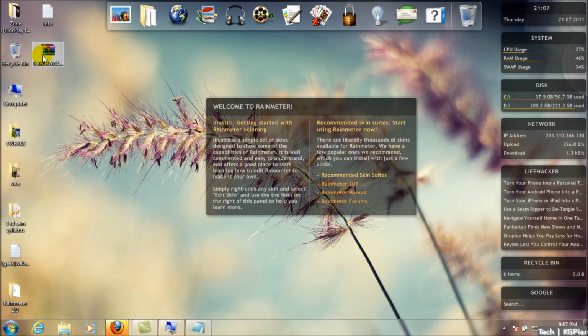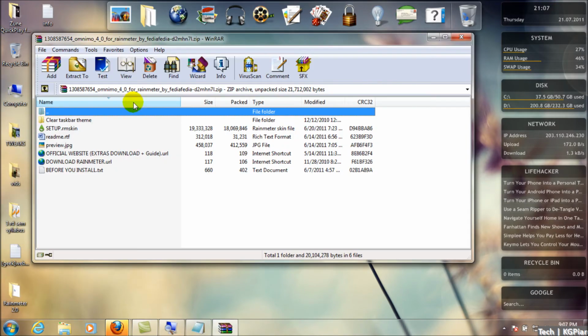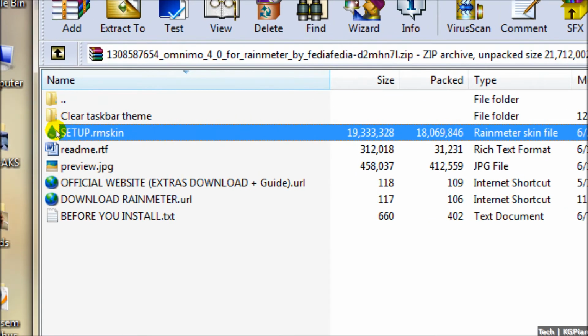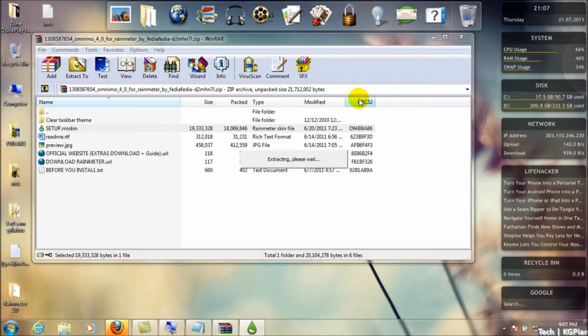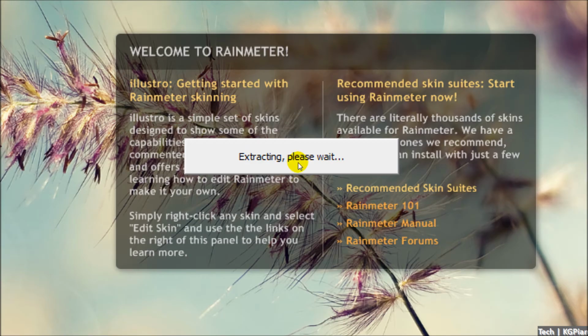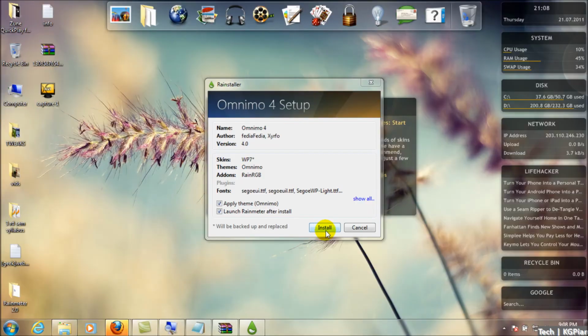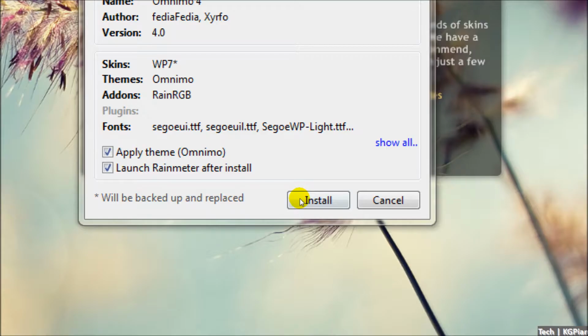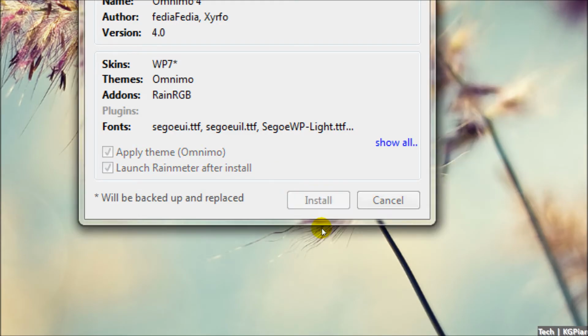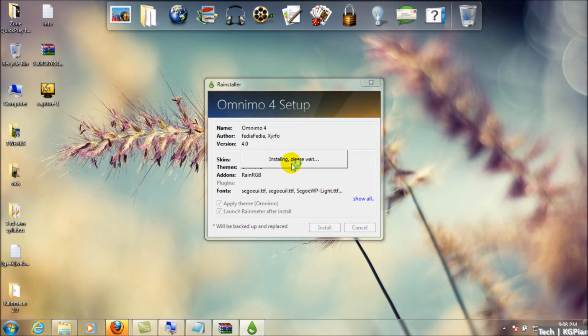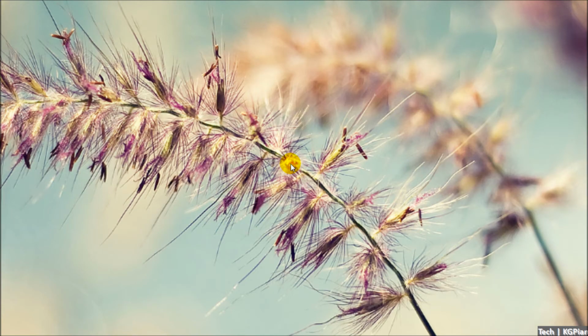So run the zip file and just install the setup directly from the zip file without extracting it. Now click on the install button that appears after running the Omnimo 4.0 setup. Now